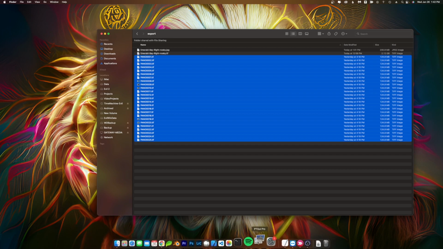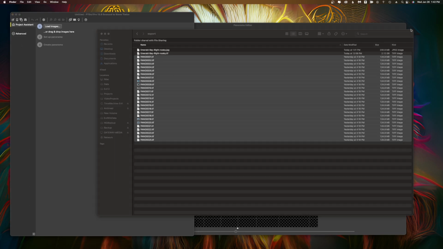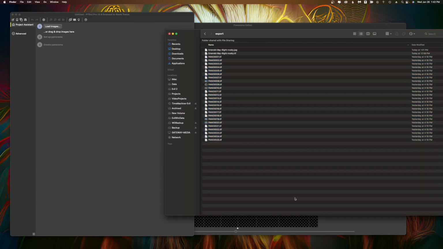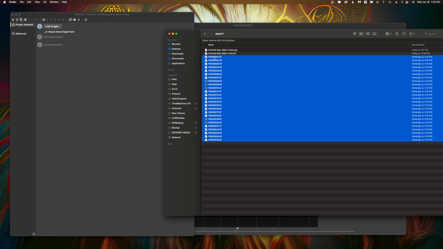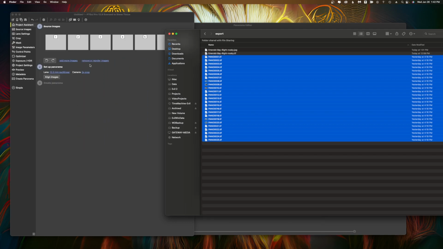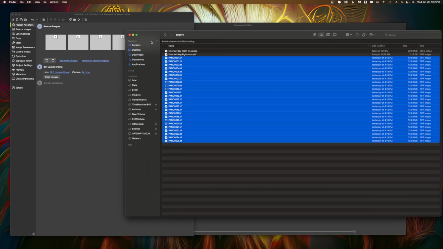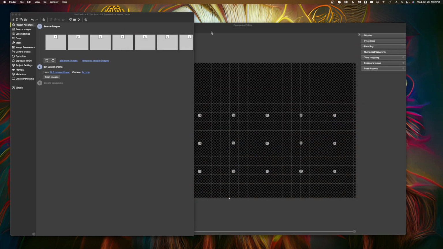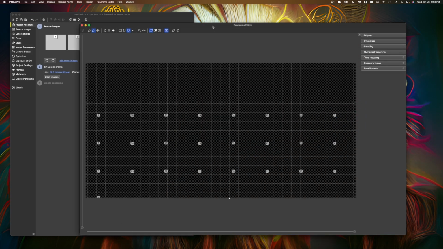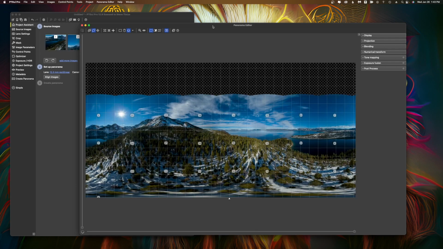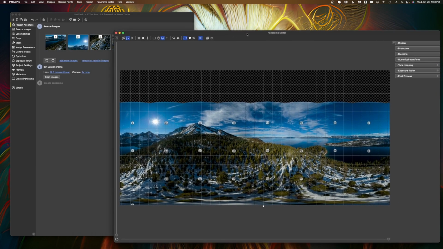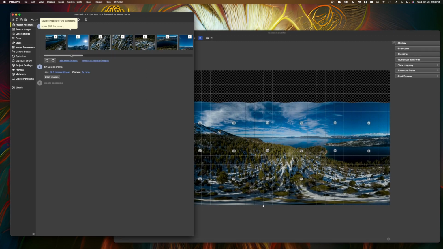So we'll fire up PTGui. I'll find my TIFFs. Now again, this is where the slowness is going to happen. Depending on how fast your computer is, it might take a bit to load these into PTGui and then do a proper alignment. So we'll wait a second. As you can see, the images have been loaded in, and you'll have 25 images out of shooting with the